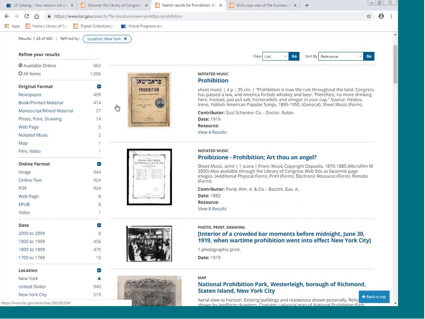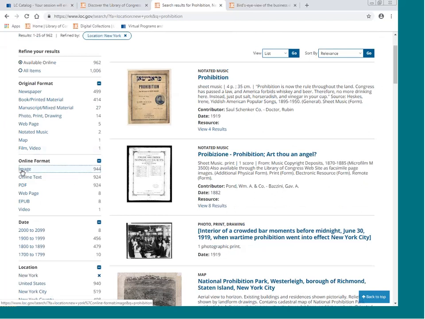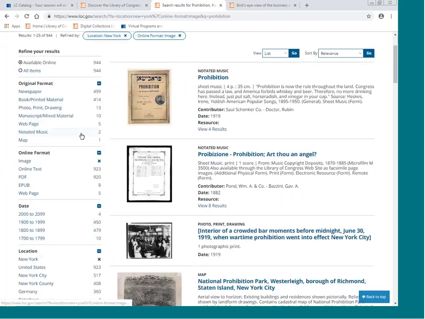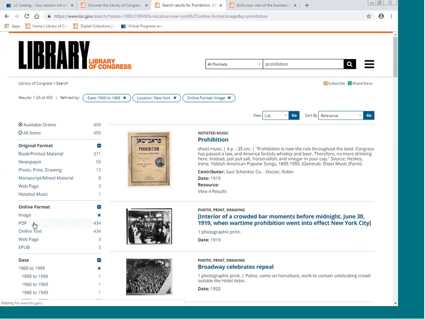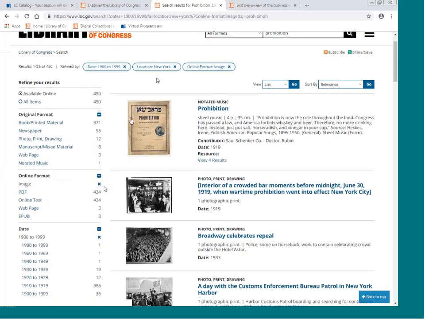If I only want to find images, I can click on image as the online format. And again, I can use the date facets here to limit to 19th or 20th century. So I limited it to the 20th century, and now if I wanted to, I could just review the items that are returned. This first item is a piece of sheet music